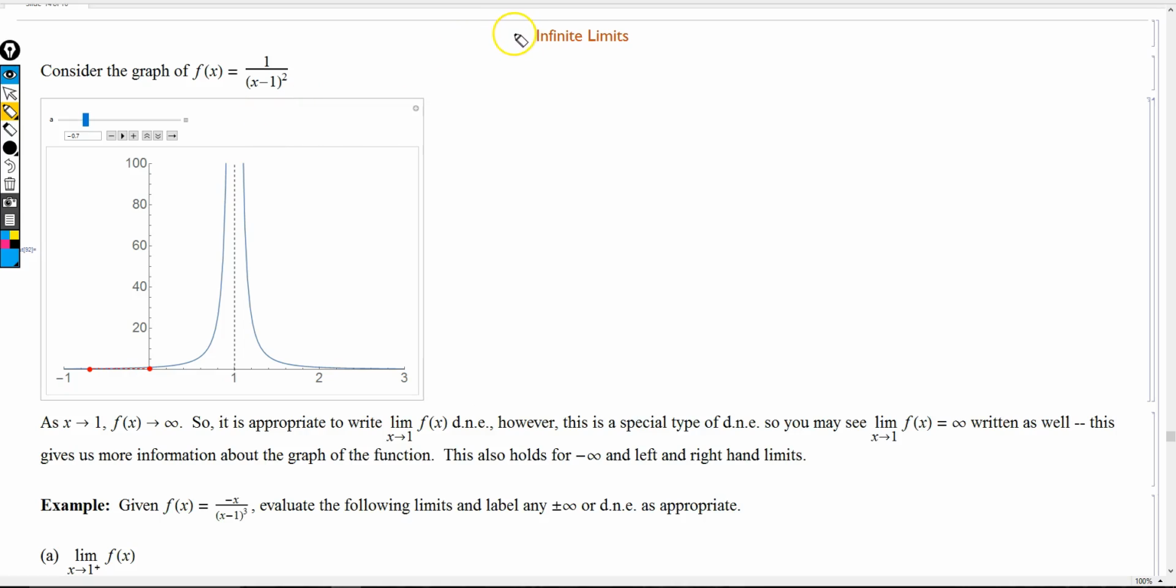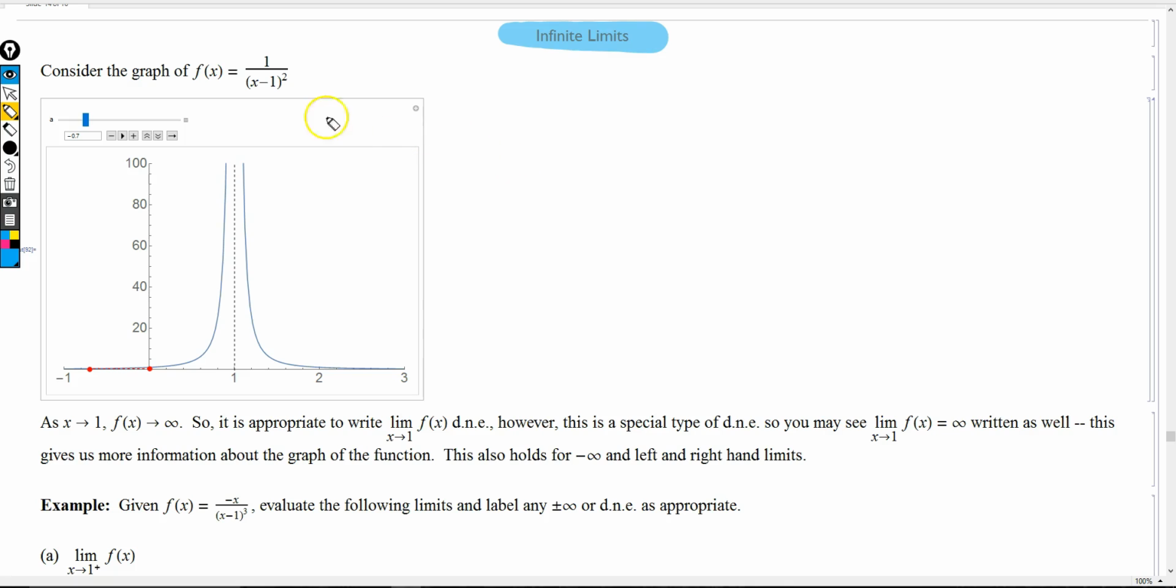We're now going to take a look at infinite limits. Infinite limits occur when a function approaches positive or negative infinity as x approaches a limiting value c. These are important to consider because they tell us a lot about the behavior of a function and what its graph looks like. So we're going to take a look at some examples that detail how we can evaluate